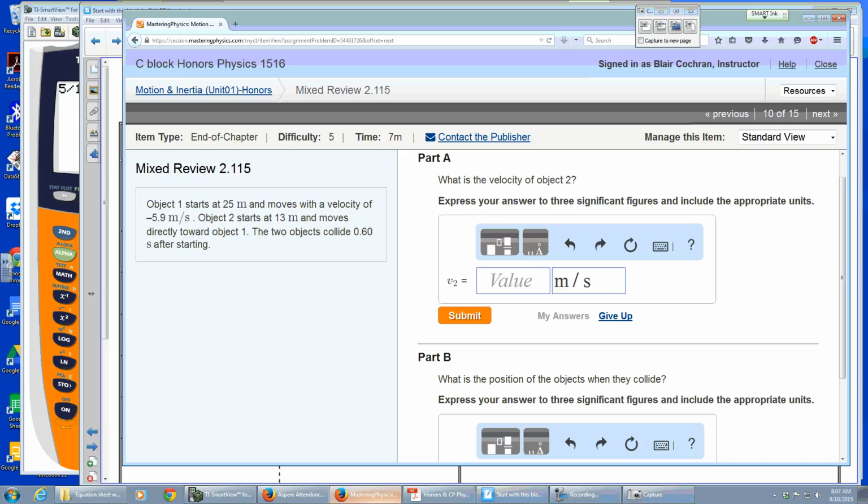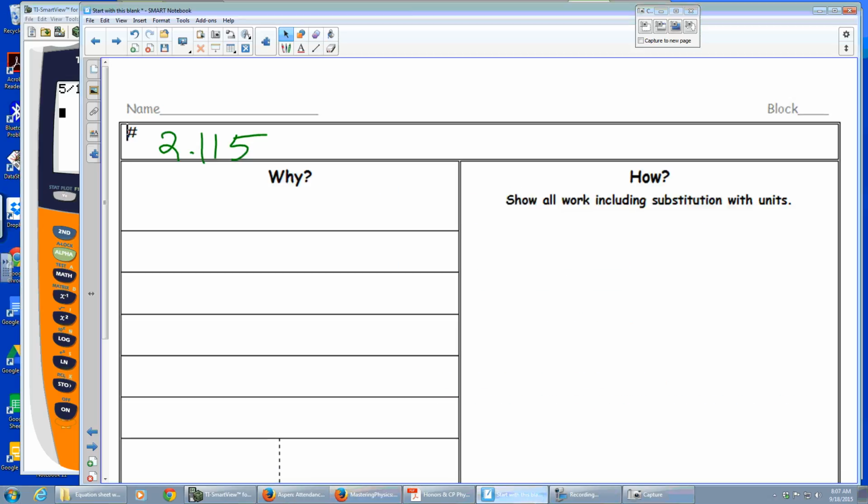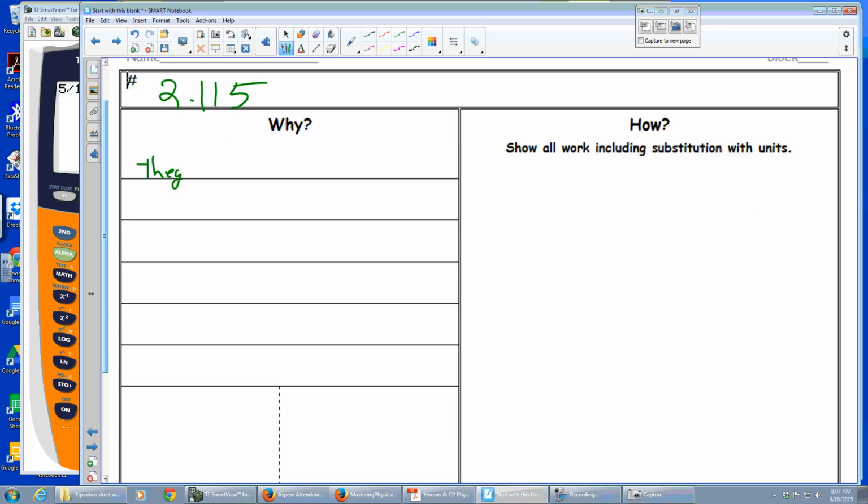So to collide, again, they have to be in the same location, right? So you might even put that. I'm going to put they end up in same location. Okay, so